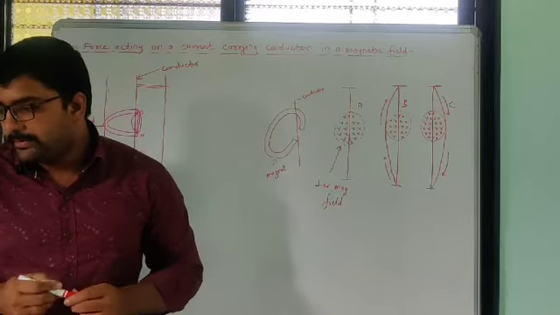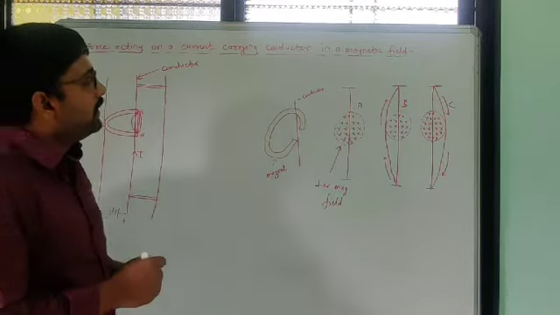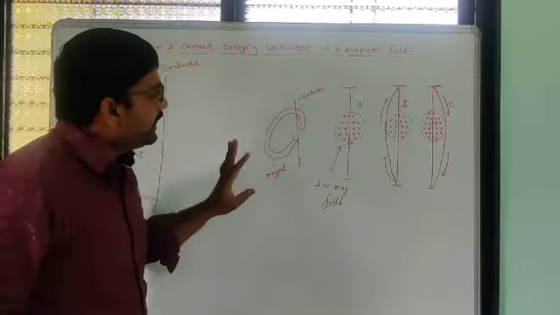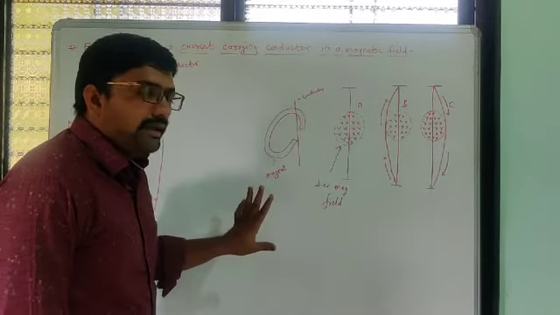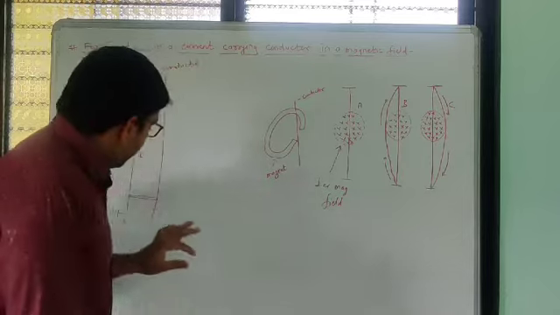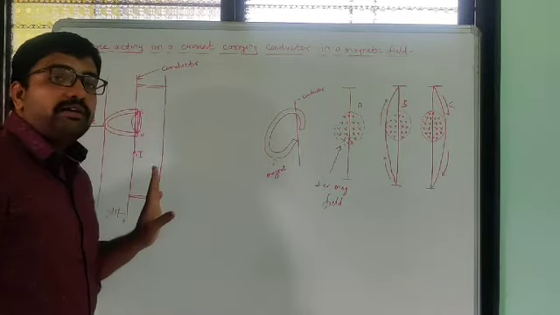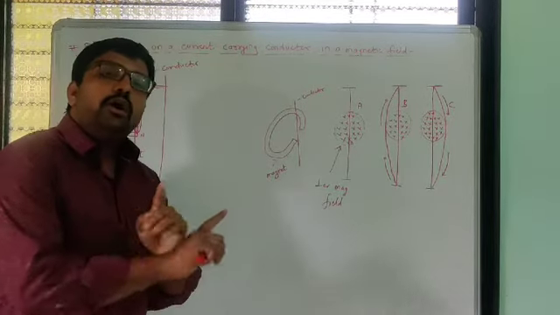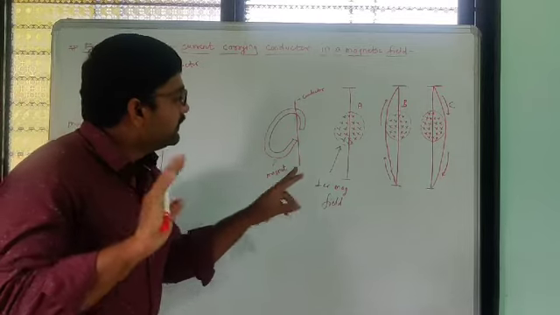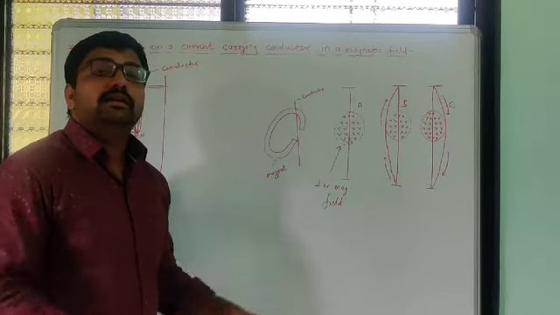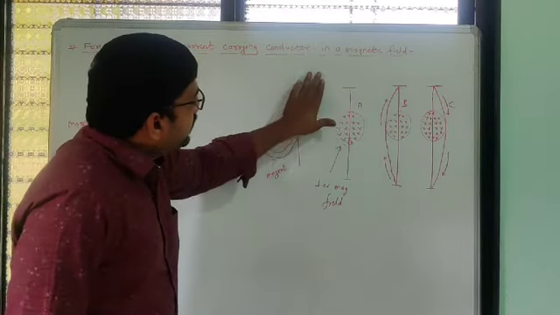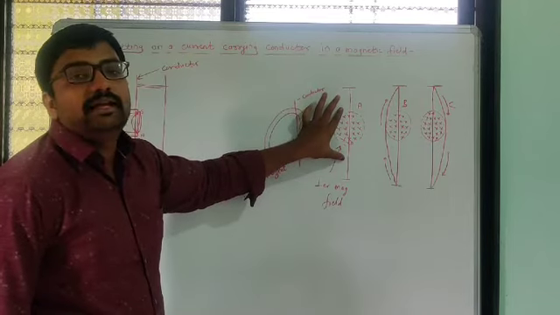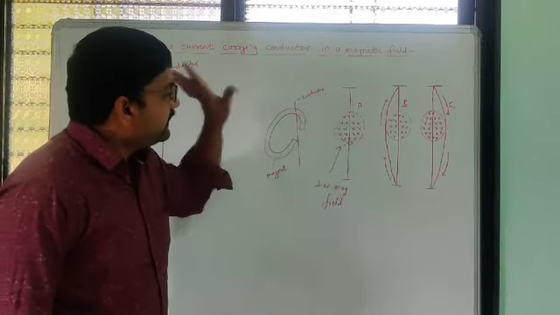First of all, we have to see what happens if no current is passed through this conductor. We place one electric conductor in a magnetic field. We also connect a battery to this conductor to pass current through it. But we take the first case, A, in which we do not connect it to a battery, meaning no electric current is passed through it. At that time it remains as it is. No change takes place in the electric conductor.